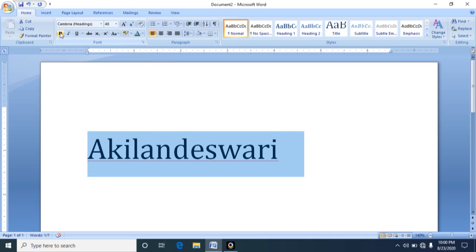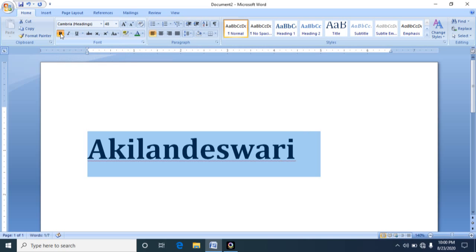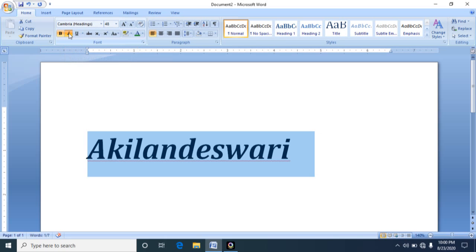Now look, I am pressing bold. See the change? Yes, it is somewhat bolder than the earlier one. By using italic, the text is displayed as slanting letters. For differentiating some text from the others, we can use this italic symbol.